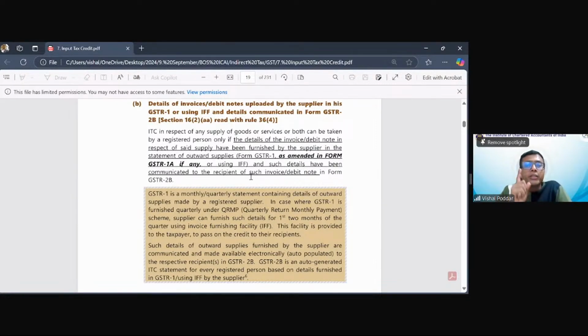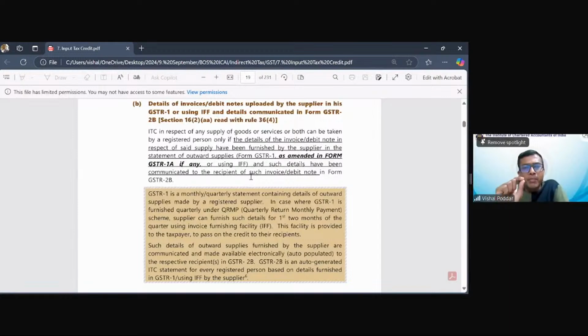Now, they still wanted this accept, reject concept. So now they have introduced the third return, or the third purchase return you can say, which is IMS. So now when the supplier uploads his GSTR1, it reflects in your 2A, it reflects in your 2B, and it reflects also in your IMS. In this IMS, against every item which is reflecting, you are given the option of accept, reject, pending. What is the option?